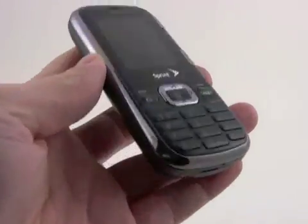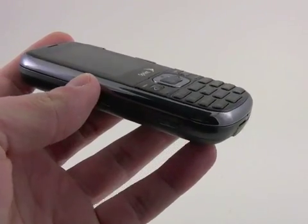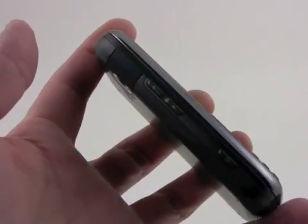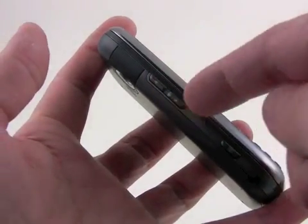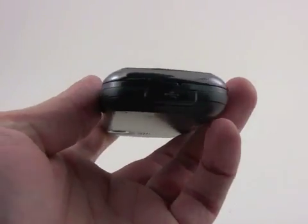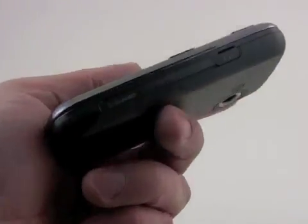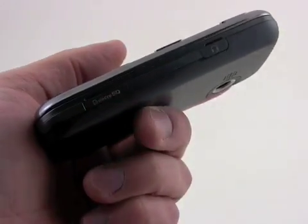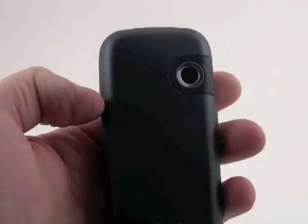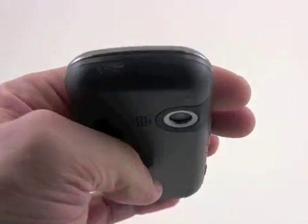Taking a quick spin around the hardware, you can see the keypad is raised and the keys are each well defined. It has nice travel and feedback to each key. On the left side of the phone, we have the volume toggle closer to the top and a dedicated camera key closer to the bottom. The micro USB port for charging and data transfers is on the bottom. And on the right, we've got a hatch for the micro SD card, as well as a hatch covering the 2.5mm headset jack. On the back, you can see the camera as well as a speaker,